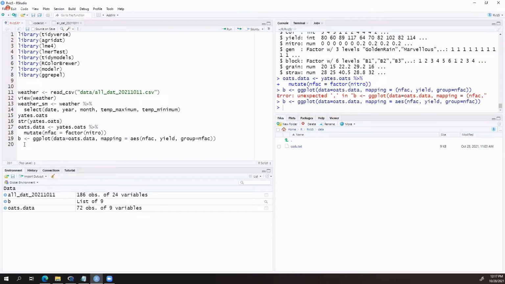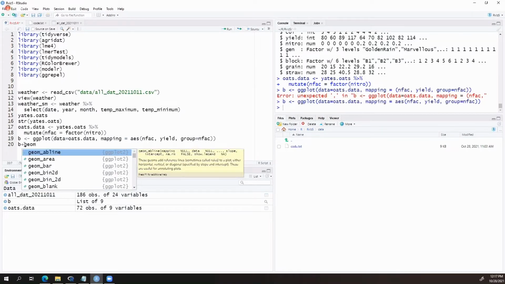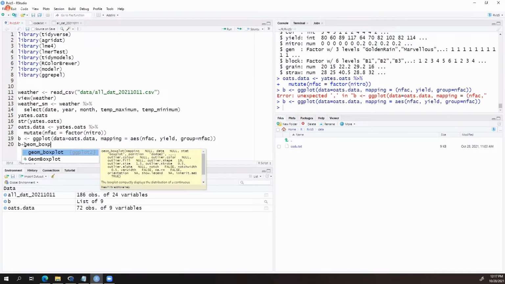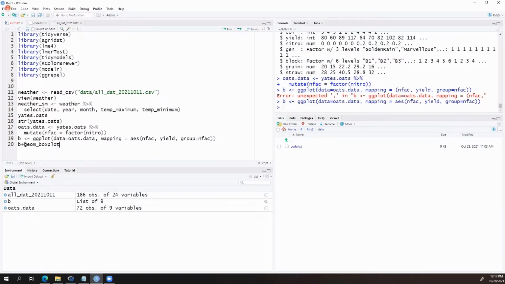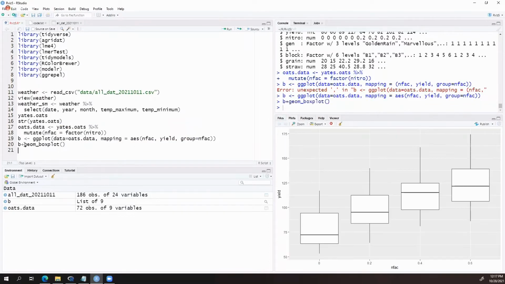And so now what we're going to do next is take that object and add the next layer, which is called a geom. For our data here, we are going to create a box plot. So the geom box plot shown here is a subroutine, if you want to call it that.